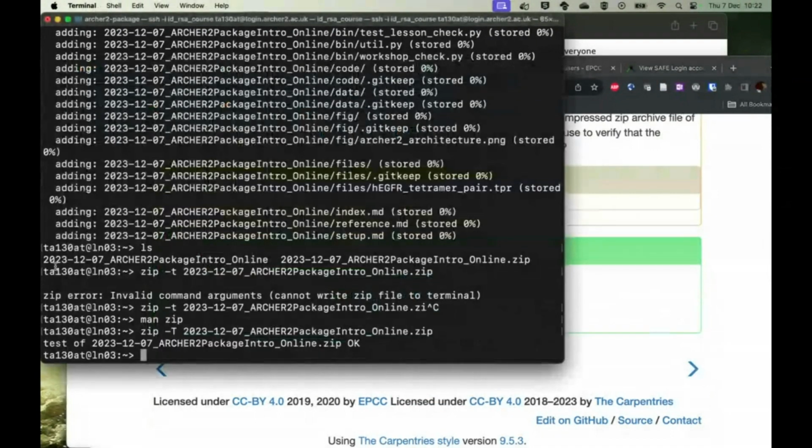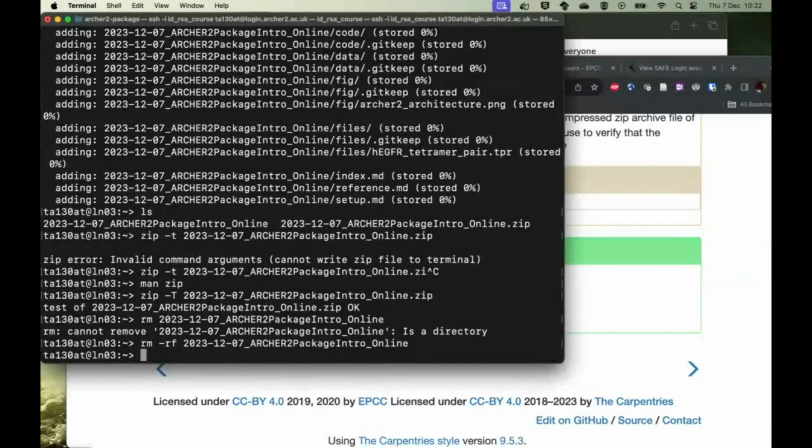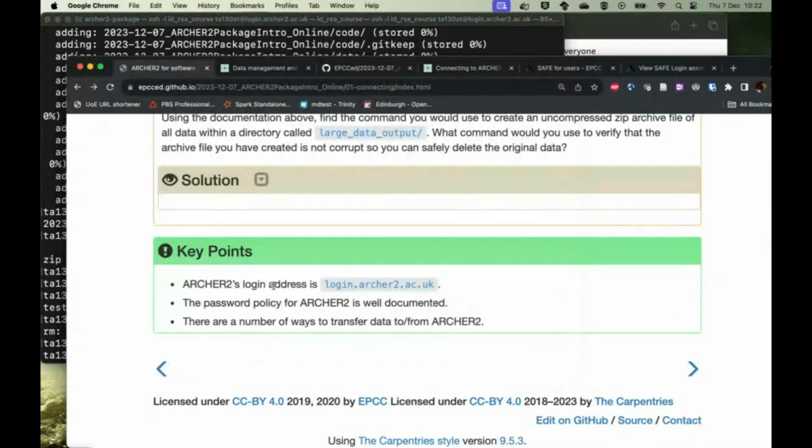So I've checked that the archive is valid, so I can now remove the original directory, except that I need -r because it's a directory, so I need to be recursive. Okay,